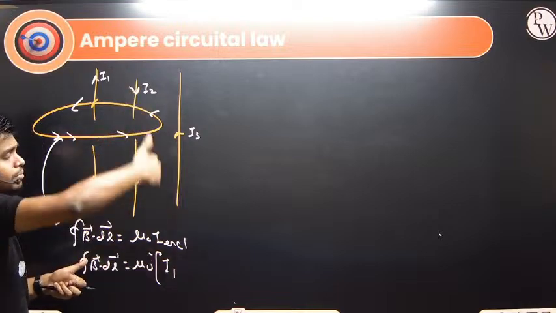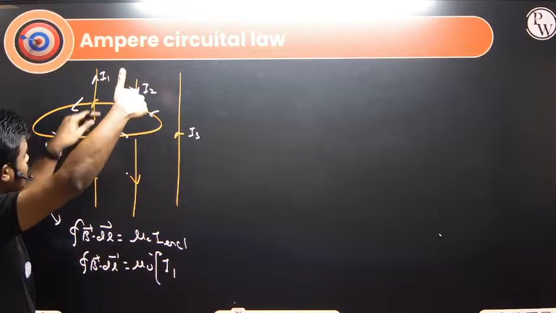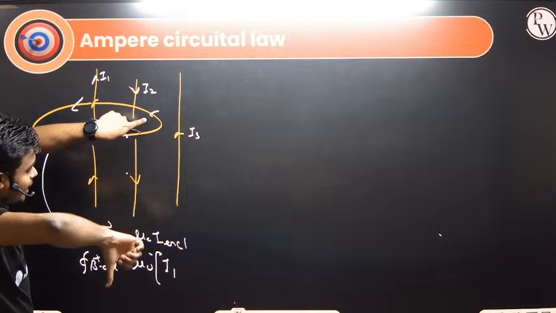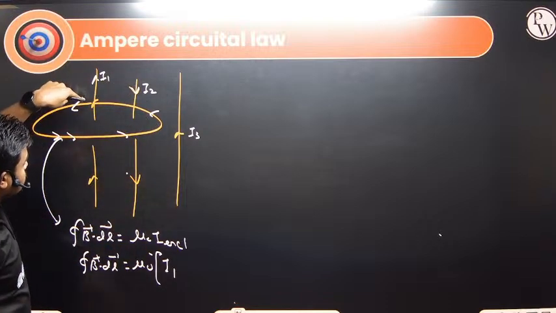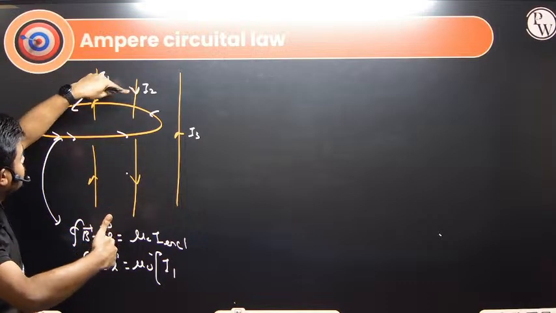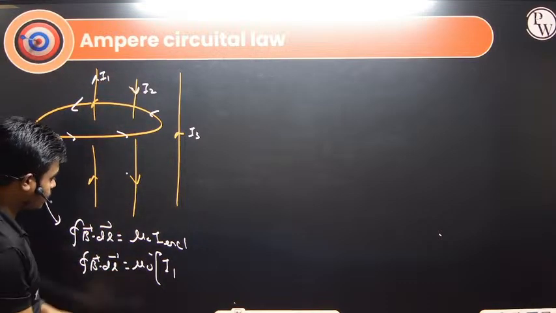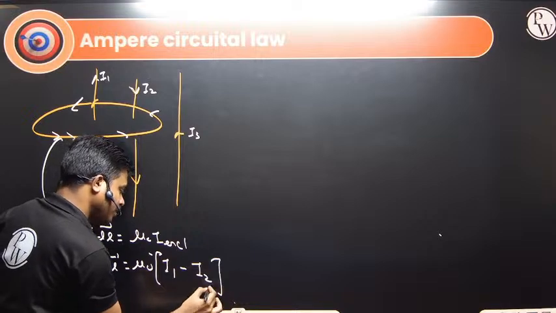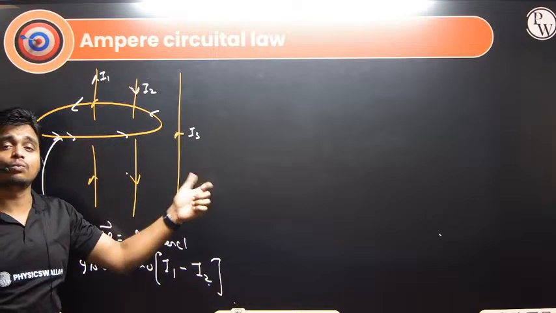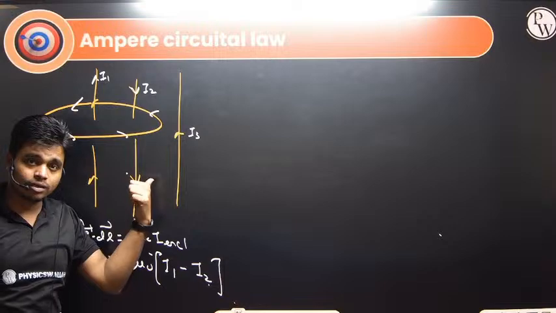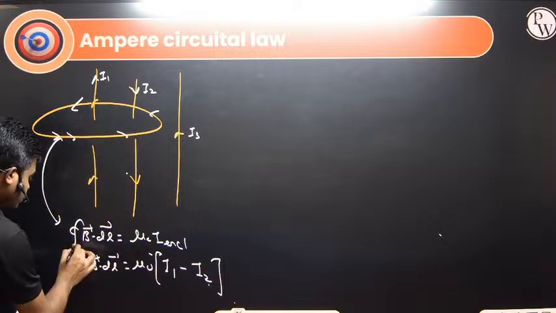So this thumb should be a positive value and this thumb should be a negative value. So this current should be positive and this should be negative. So this is I1 minus I2, and what about I3? No I3. Why no I3? Because that I3 is not inside this loop. So this is what we are getting for the magnetic field